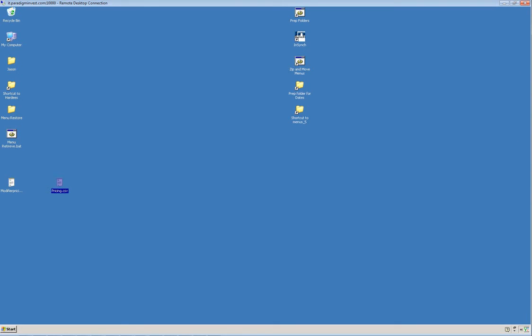So here are my two files right here. Here's pricing.csv, which is really just a text file. Open it up,